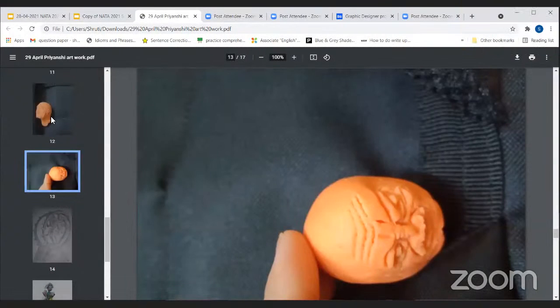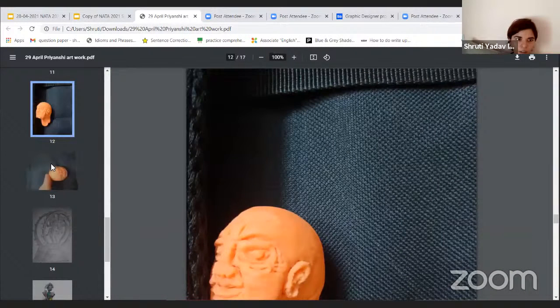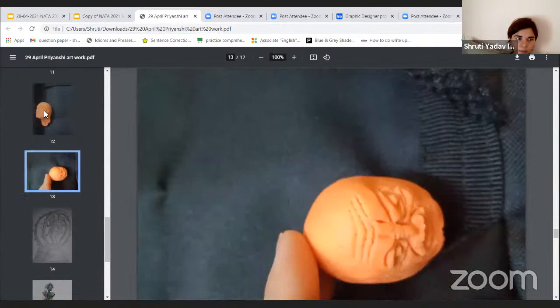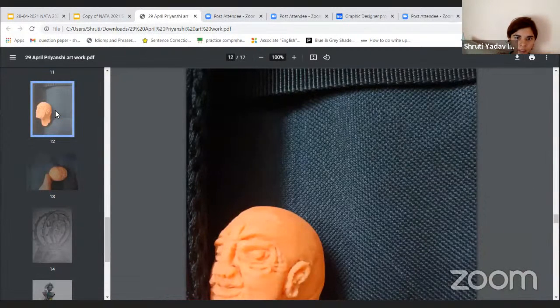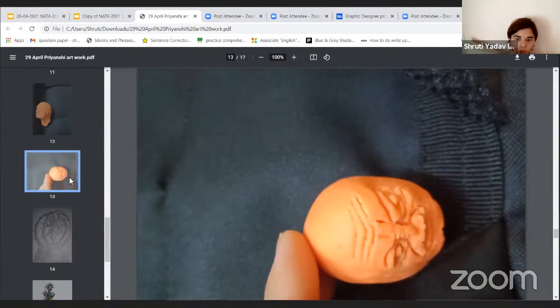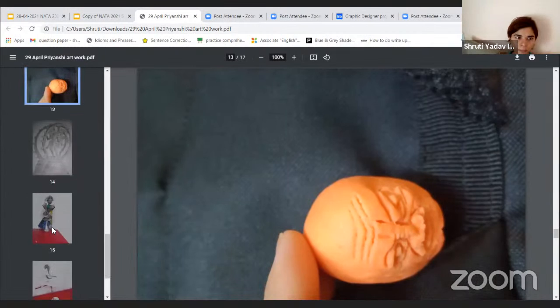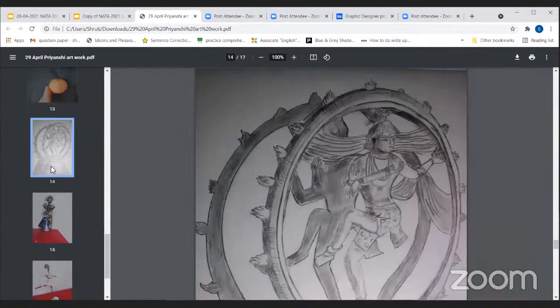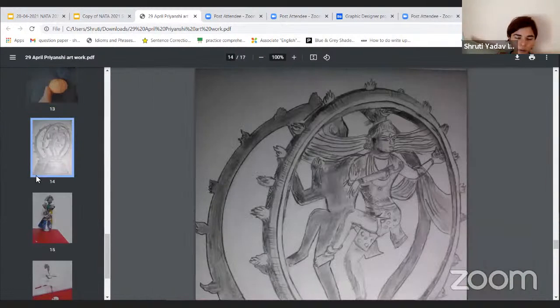Yeah, angles are different. Try to crop the picture and focus only on the element. Both of them can come together in one page. Then this one, wherever you're doing your pencil sketches, you can add this one.